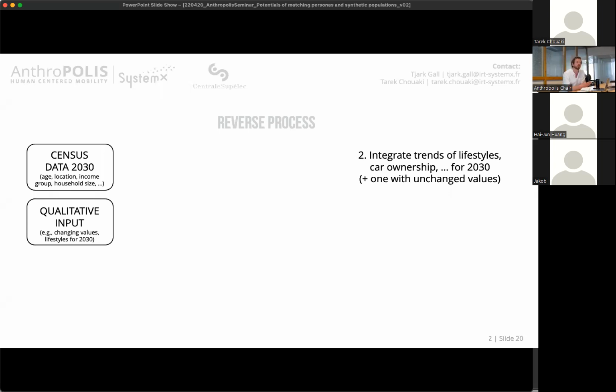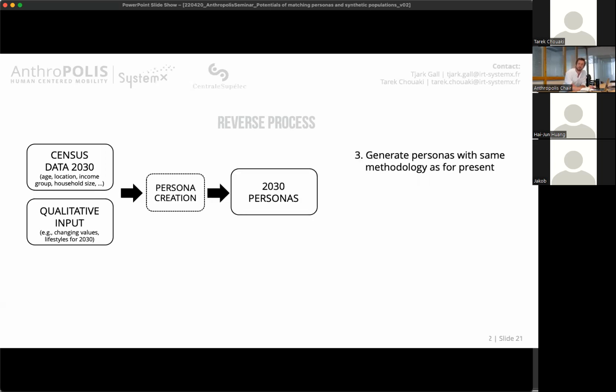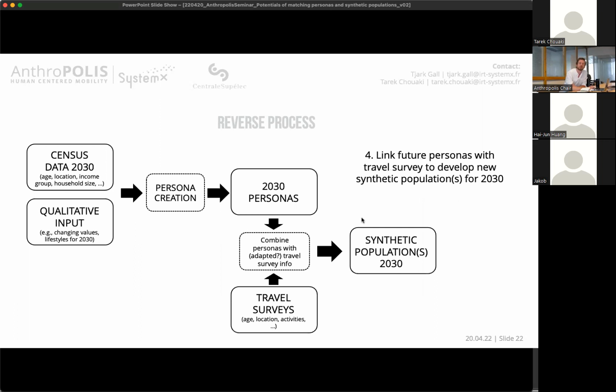Will the majority of people go to work, or will we have more complex activity chains and so on? And then use this in order to generate personas. So if the same approach which we used for the present resulted in personas which can represent the variation within the real synthetic population, then replicating the same approach for 2030 should also lead to a more or less sound methodology, which then again